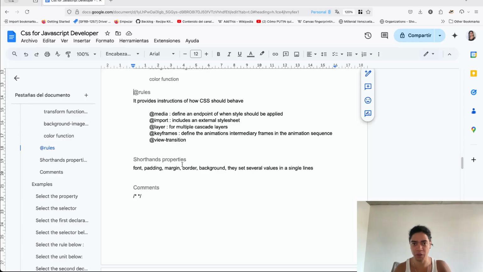The other is the view transition: how you animate the transition from one to another in a single page or in a multi-page application. Again, developing these notions, we lay out the fundamentals here, and the other is the shorthand property and comments. But the TLDR of this is to slowly but progressively understand what CSS is, how can we add now